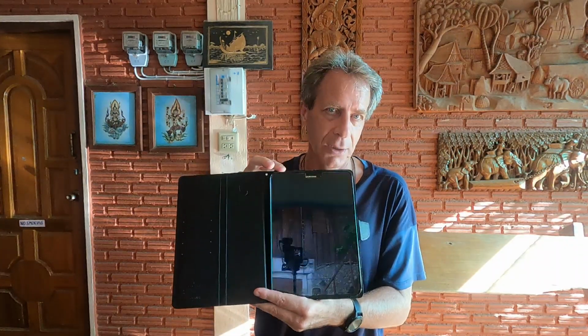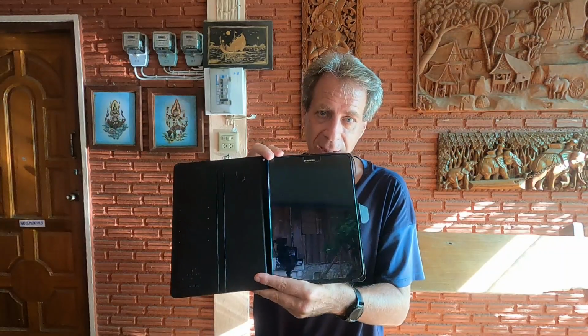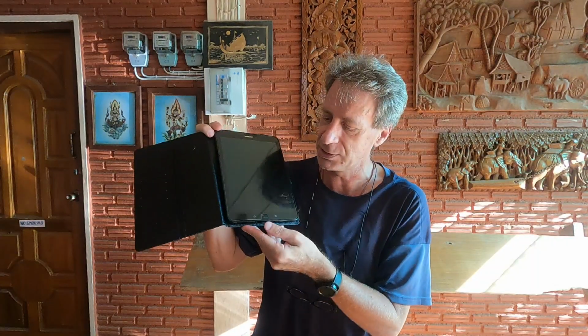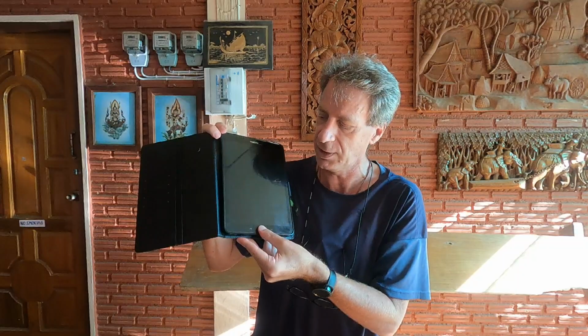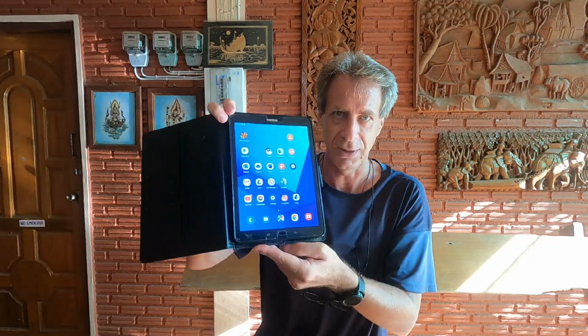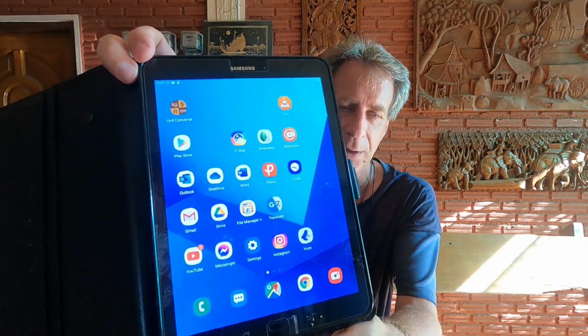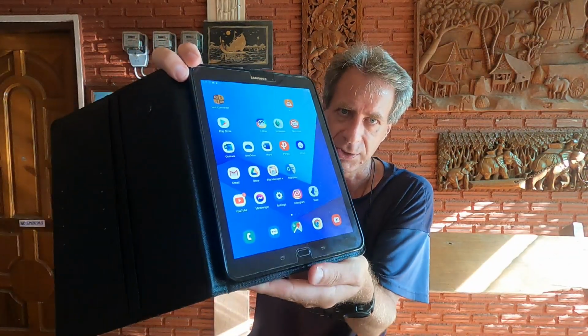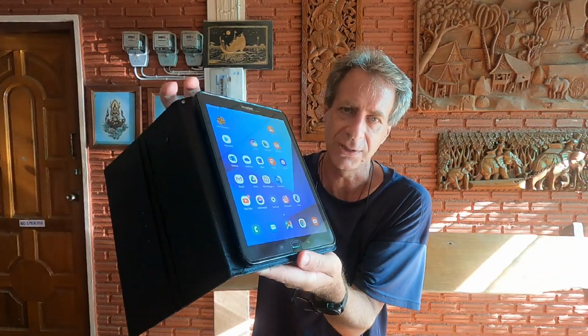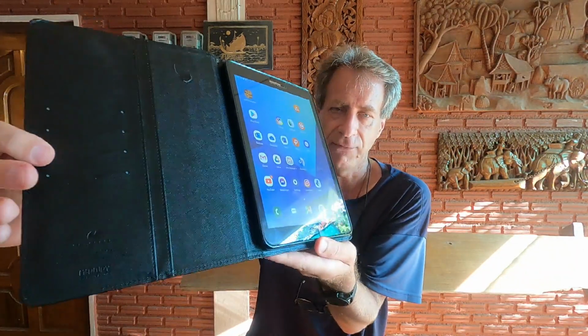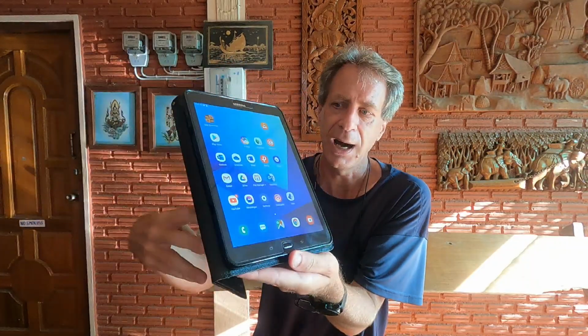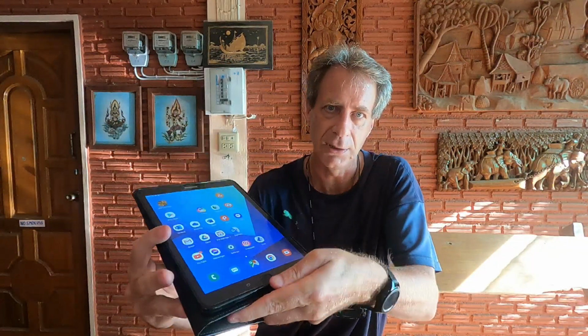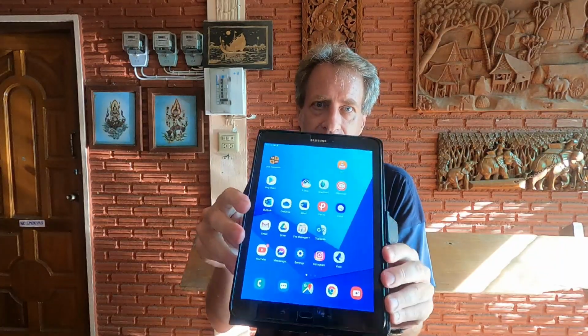So once I had my tablet all set up, the first thing I did was put it in the case. I put in a PIN number and I registered my fingerprints. So now I'm able to turn this on with just a press of a thumb. Yeah, turns on. There's the lovely screen of the Tab S3. And the great thing about one of these cases, the way you would use a tablet, of course, is that you would fold this case behind and then turn it into a tablet form. And then when you do that,